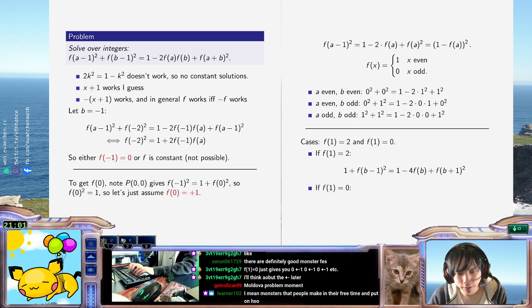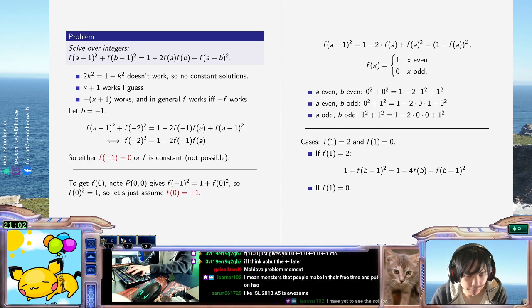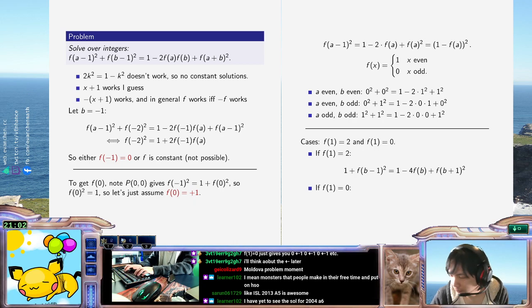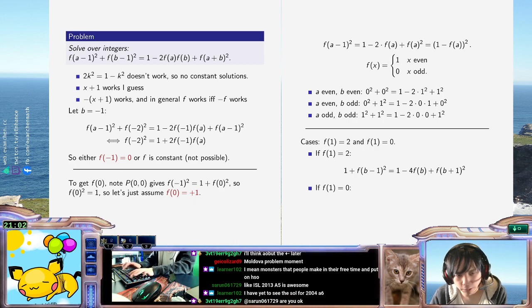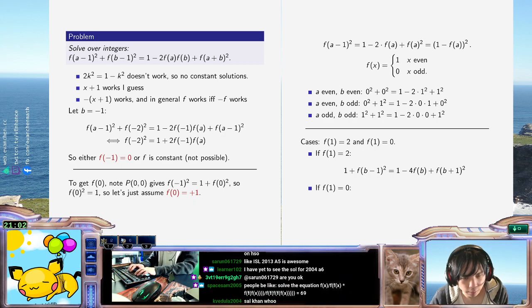Suppose that f(b minus 1) is equal to b and f(b) is equal to b plus 1. Then this equation will solve to something. It'll tell me f(b plus 1) squared is equal to the thing it should be. It'll come out to b plus 2 squared because it has to. And then